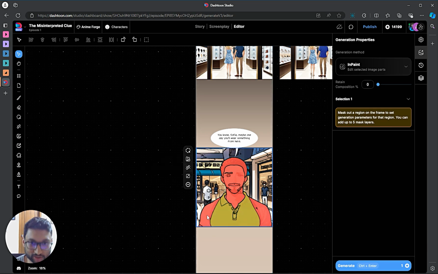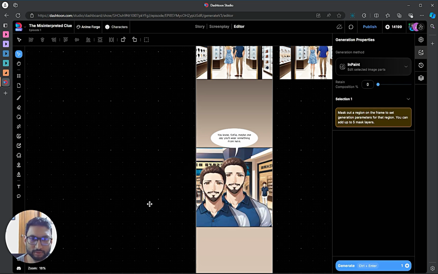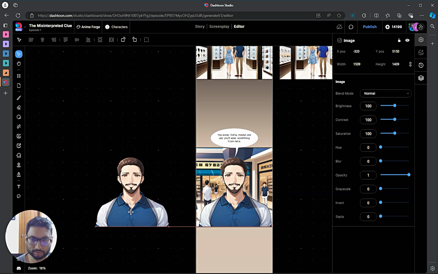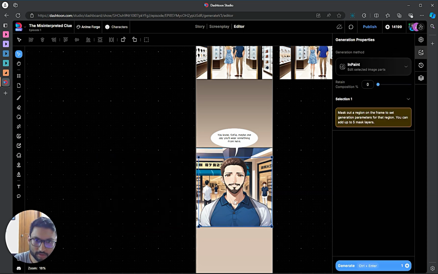So I can just select the shirt and add a navy blue color over it instead of going and painting it all on my own. But what I'm going to do now is I'm going to extract this image, right? Just this mask, I've extracted it. Okay, let's put it back there. Now what I'll do is I'll select,